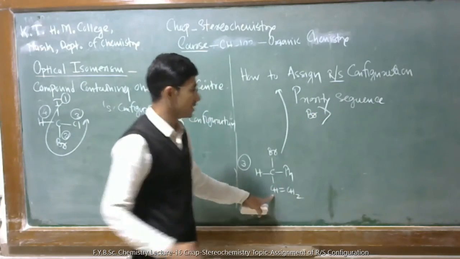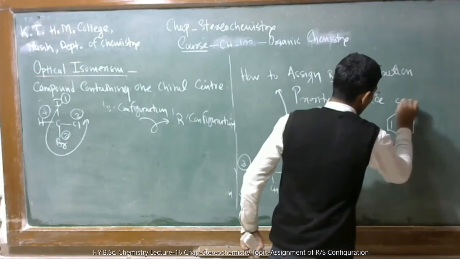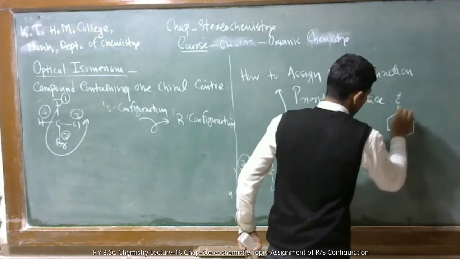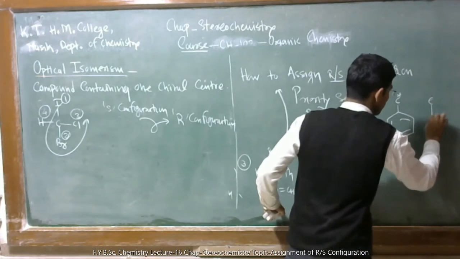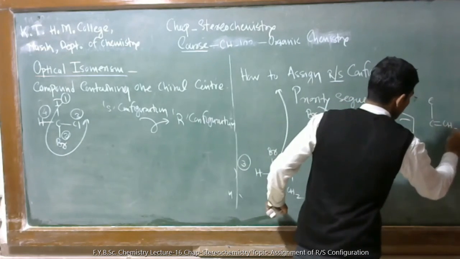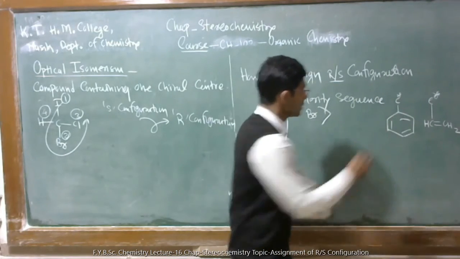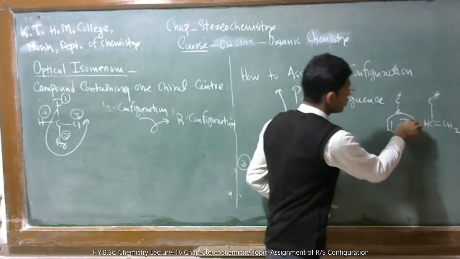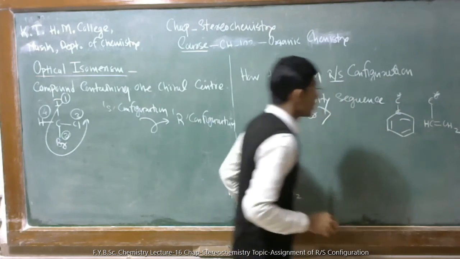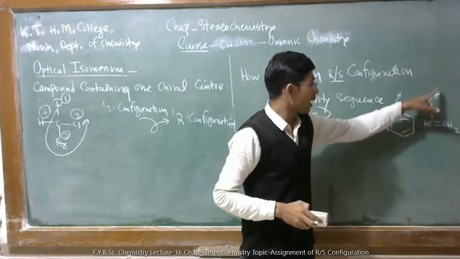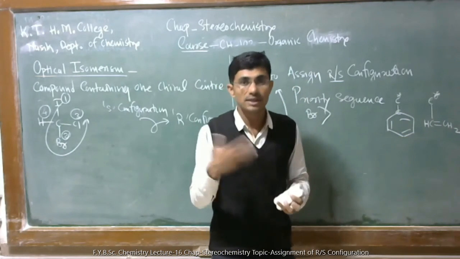Then phenyl and CH2, in this group you have to compare. Phenyl ring means like this. This is the carbon that this ring is attached to, and also this carbon is attached to CH2 and CH, like this. This carbon is attached to this carbon, and this carbon again is attached to this carbon with a double bond, and also attached to carbon. So this carbon is attached to carbon, also attached to carbon. No doubt about that, but that time this is the next set of atoms.